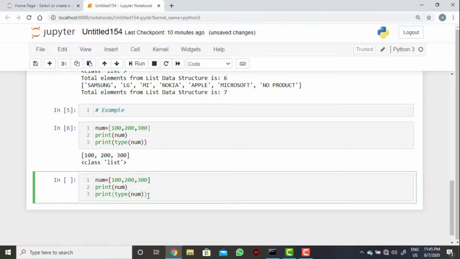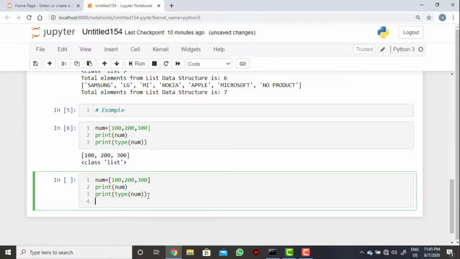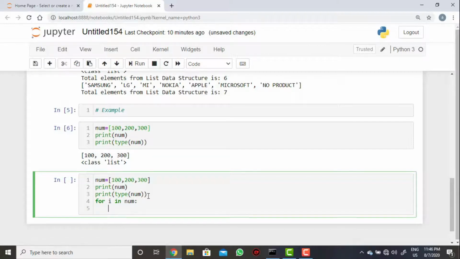In this list I am adding, for i in num, print of i. If you want you can remove this.